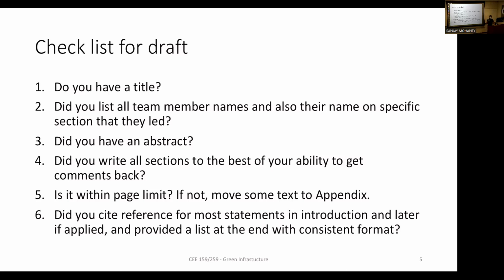Write all sections. Don't send something without writing a section. Obviously, if, when you send the draft, one of your team members didn't write their part, it's not your responsibility. They lose those points for their homework. But then we can decide how to write that section through the rest of the people, and that person will not get the credit. So you don't have to go and push your own friends if they don't write it. It's not your responsibility. But you should tell them, hey, we are waiting for you, because we are a team. But I don't want you to be stressed because somebody else is not doing the job.